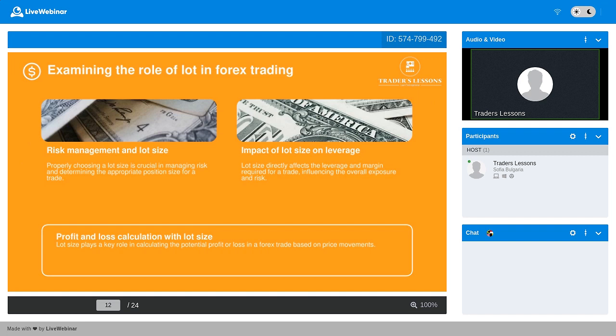Next one we have is examining the role of lot in forex trading. I already explained a little bit more about it, but now we're going to go through it in terms of definitions. Properly choosing the lot size is crucial in managing the risk and determining the appropriate position size for a trader. I already said that whenever you're entering and you're expecting, let's say, 50 or 5,000 or $50,000 profit, you better know what kind of lot size you're using, what kind of amount you're using in the market. Because if it's too small and you're expecting too big of a return, you can end up surprised that it's not working out. On the other hand, the lot size directly affects the leverage and margin required for a trade,